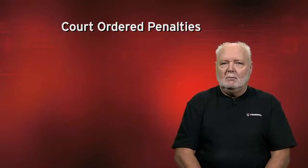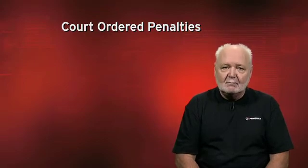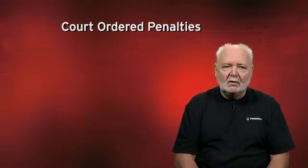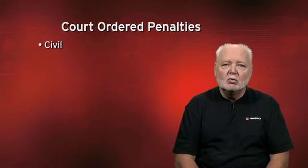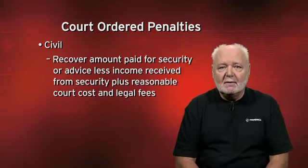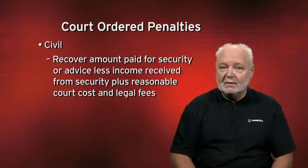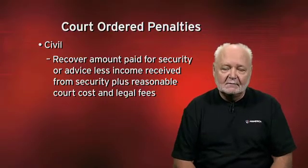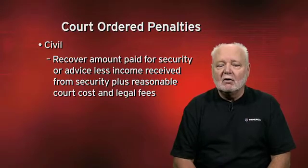Now, what type of penalties might a court impose for violations of the USA? Well, civil penalties would be: a client could recover the amount paid for a security or advice that they received from an investment advisor, less any income they received on the investment, such as dividends or interest, plus reasonable court costs and legal